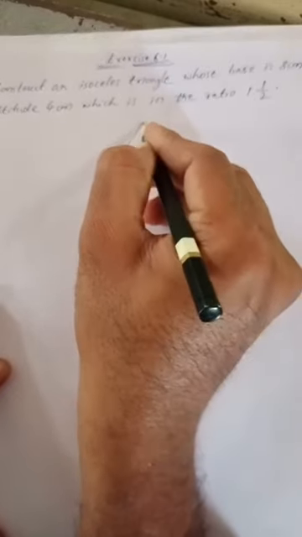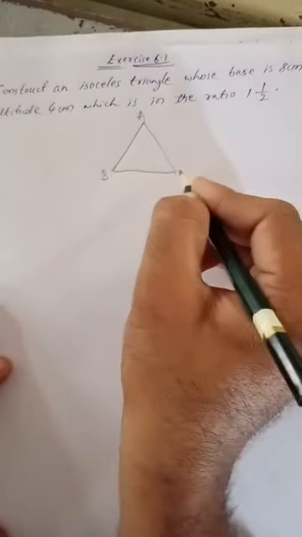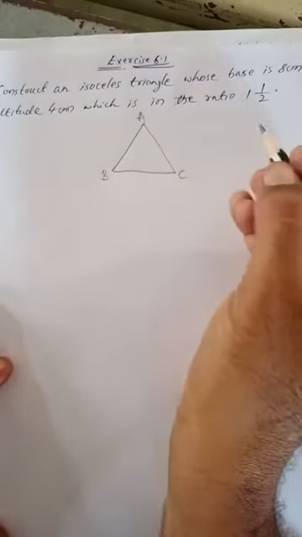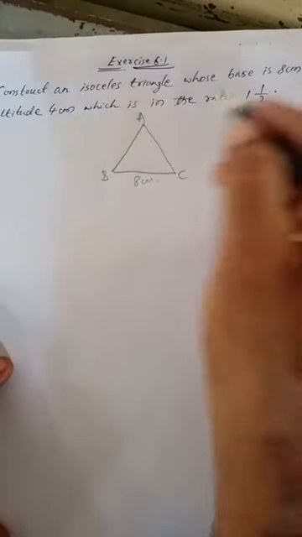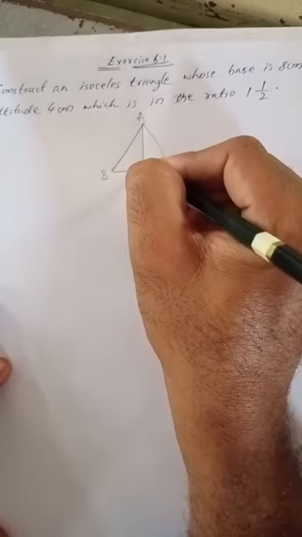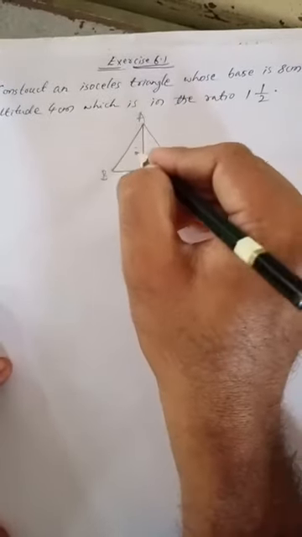Let's first do a rough diagram so that we can easily understand how many centimeters we must take from which side. So now a small rough diagram I'll draw here, which I can call A, B and C. Now the base is 8 centimeter. They have given it, so I took the base. Altitude means the line here. This is called an altitude, which is of how much? 4 centimeter.